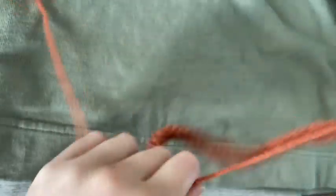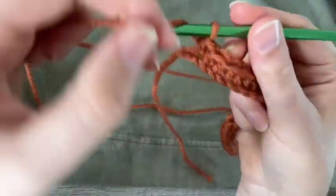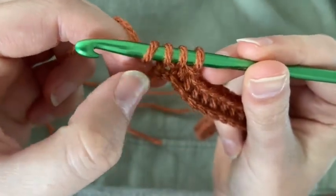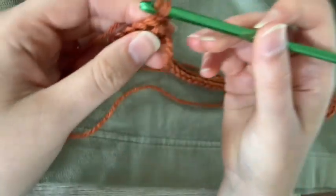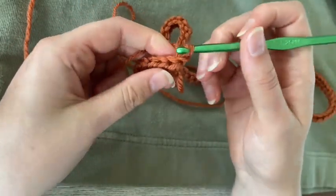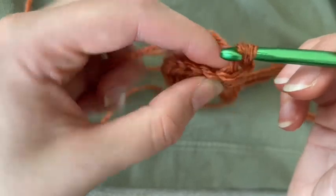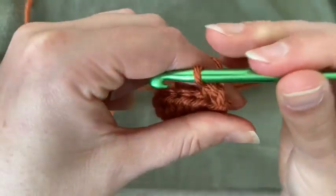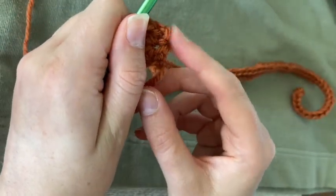All right, so I've completed my first chain or row, whatever you want to call it. I'm holding it, so I am going to go all the way into the very first starting chain. Try not to pull on this because it will close it off, to make a nice straight line. And then when I go on to my second, third, fourth row, up until I start dropping stitches to make the sleeves, I am going to go into this very first one. There's technically this one over here, but that's where your yarn's coming from. So we're gonna go in that very first one and pull through and then keep going. And we're gonna do the same on the end, and that's how you get that nice flat